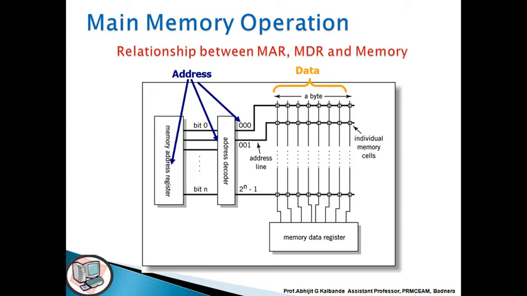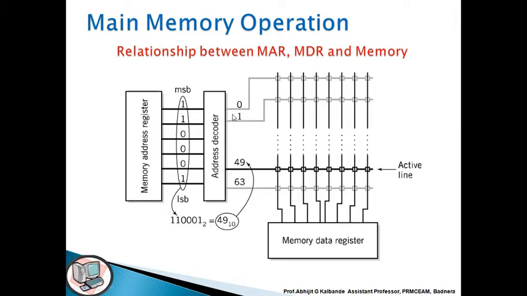Here you can observe that the memory address register gives the address, which is connected to the address decoder. That address decoder is used to decode different addresses. By using the memory address register, different addresses are given in the form of different bits to the address decoder. According to the decoded address, it accesses a certain amount of data by using the memory data registers.